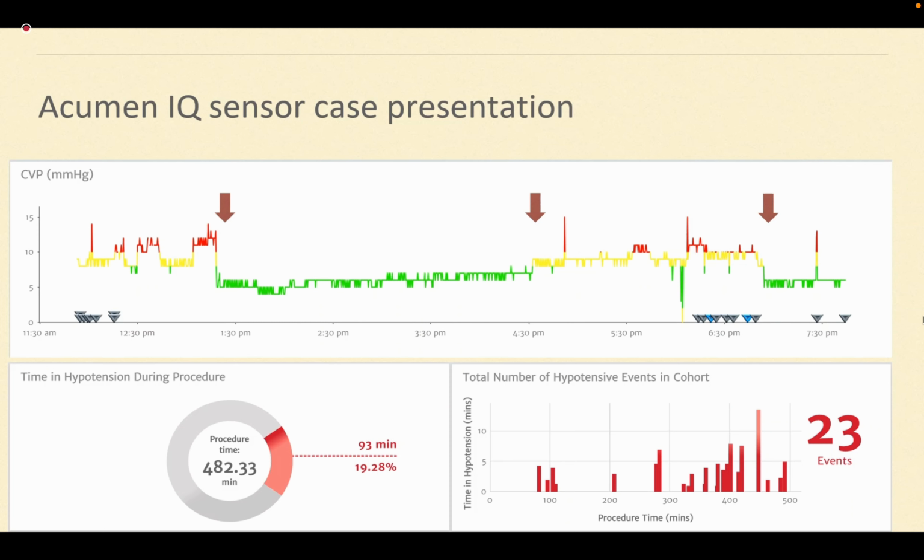And very important, every 10-minute increase in hypotension is associated with a 9% increase in composite morbidity, including infarction. So hypotension should be avoided. From the study, they tried to evaluate